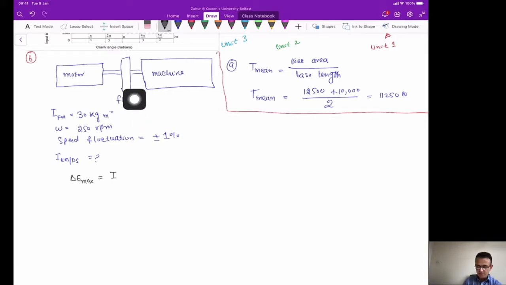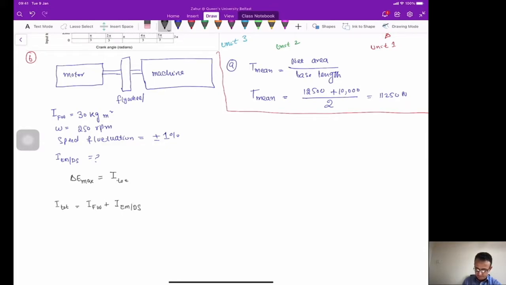The inertia given for the flywheel is 30 kilogram meter square, but the inertia for the motor and the drive shaft is not given. So we can say that this is the total moment of inertia, and this I total is the moment of inertia of the flywheel